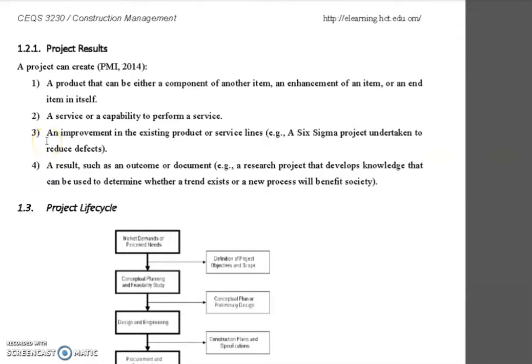Or an improvement in the existing product or service lines. Okay, like a Six Sigma project undertaken to reduce defects. This is a project name. Okay, and